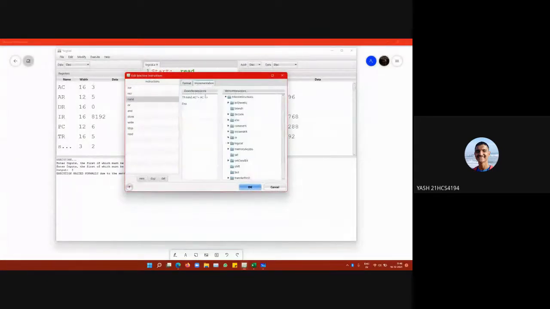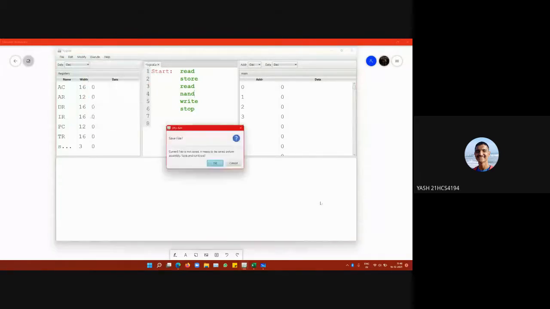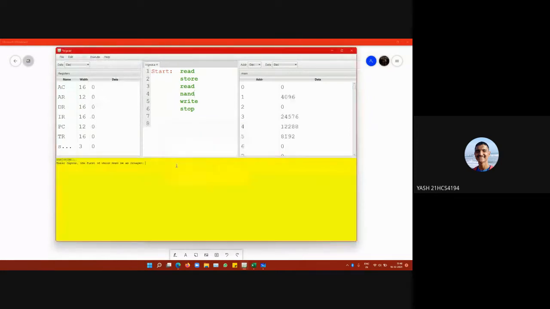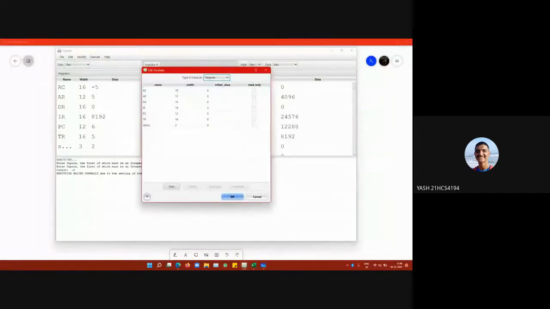Implementation. NAND. Execute. So 5 and 6. Yes, it is giving -5 due to the setting of the sign bit. So I should modify some values and then I think it will work.